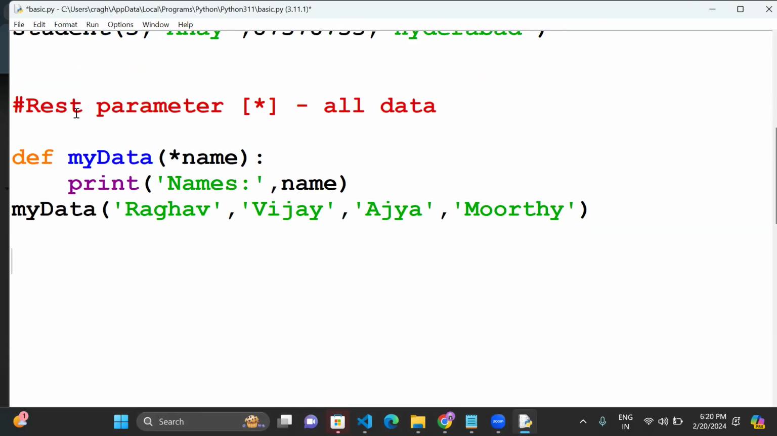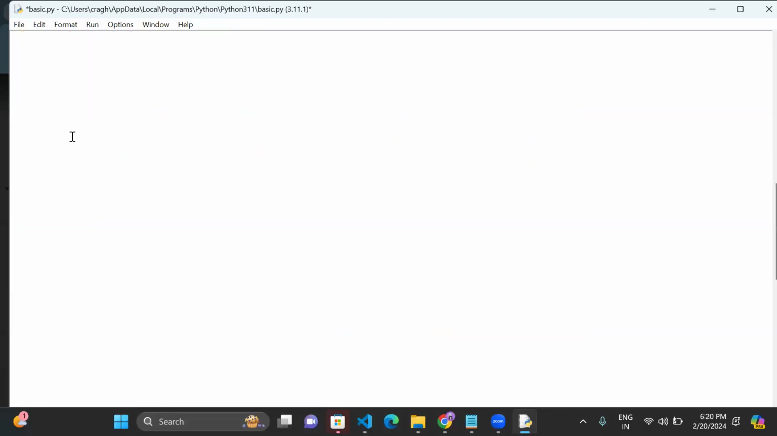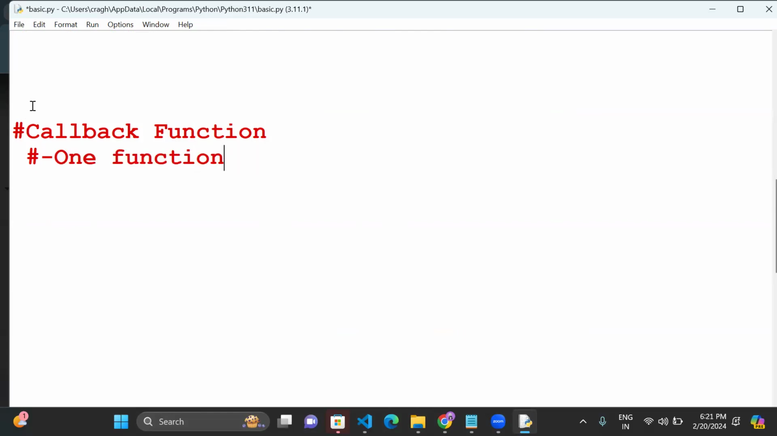Okay, so listen guys. The next thing we are going to discuss is the callback function. Callback function is a very important function basically. A callback function is nothing but one function passed into